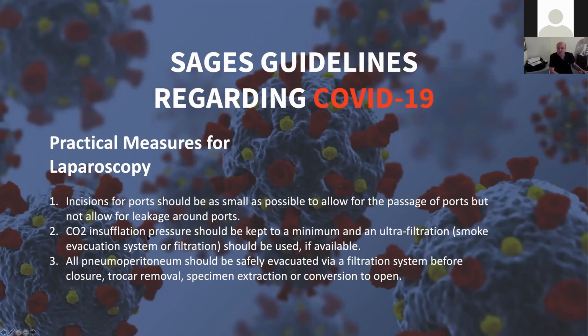Second, the CO2 insufflation should be kept at a minimum, but minimum for me means that you are still doing your operation comfortably and seeing everything you want to see. Also, it will be mandatory to use some kind of ultrafiltration. I found the smoke evacuators to be better, but there are many, and they are cheap, but they must be used. And also, all the pneumoperitoneum should be safely evacuated,